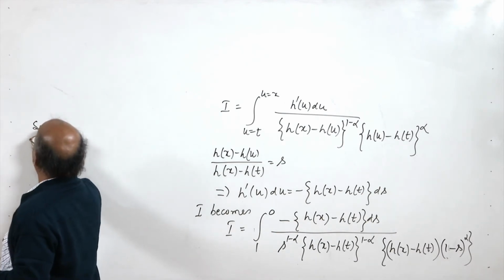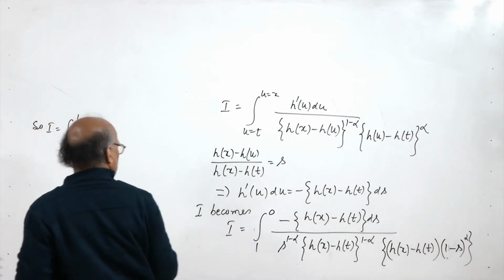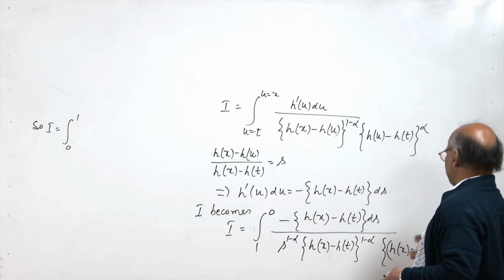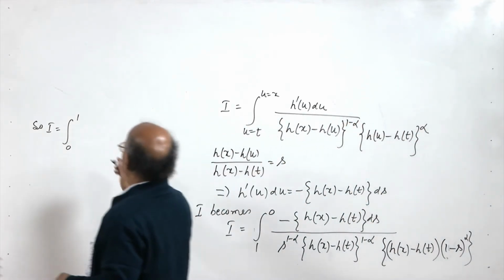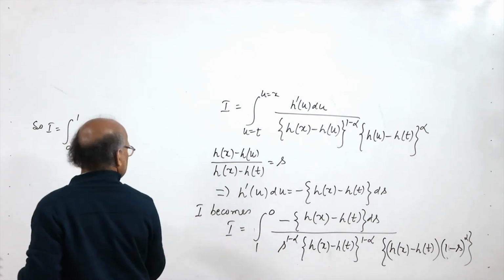So I will be equal to integral 0 to 1. Now, (hx minus ht) to the power 1 minus alpha and (hx minus ht) to the power alpha will cancel with hx minus ht, and we shall have ds divided by s to the power 1 minus alpha and (1 minus s) to the power alpha,